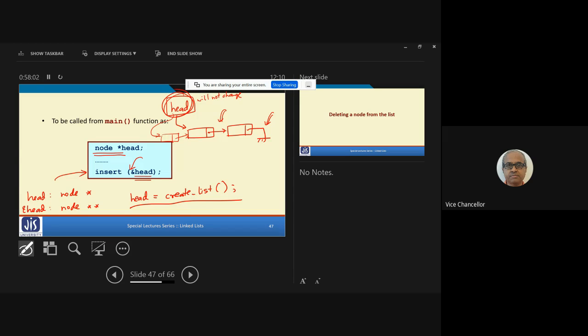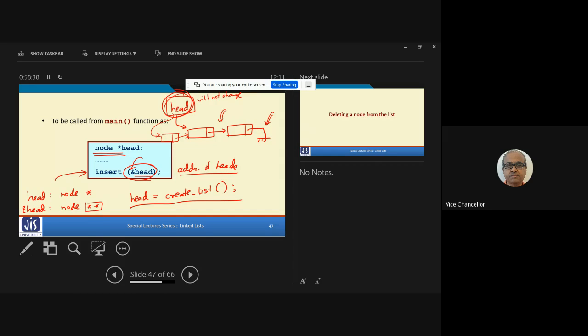Here, the variable head you are talking about, this itself is a pointer. And inside the function, that pointer might get modified. That's why you are passing a double star. Because one extra star, you are passing this ampersand head. That means address of head. And head itself is a pointer. Head contains address of some other variable, the first element.